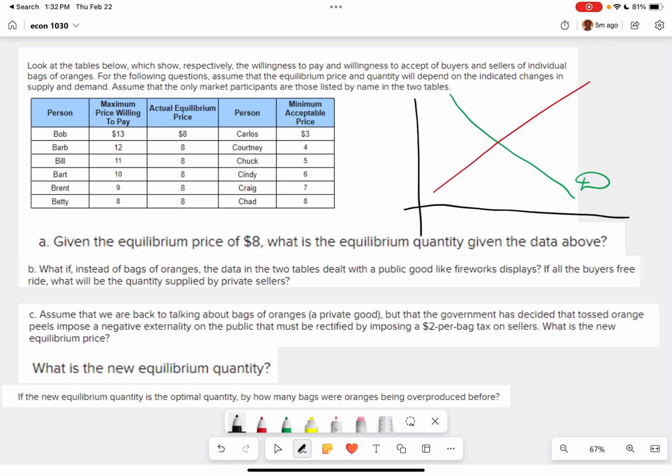That tells us that the equilibrium price will be 8. So all these transactions, they will go through. Notice that there are 6 of them, so all six transactions will go through, and the equilibrium price initially will be at $8. So equilibrium quantity will be, we can say 6. That was question A, and question B was